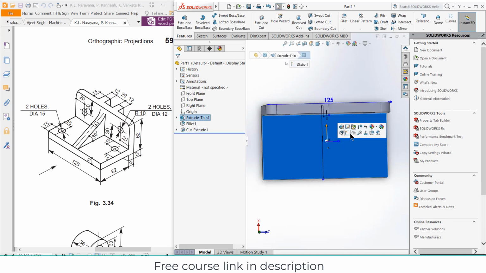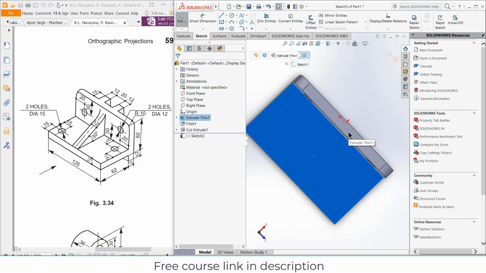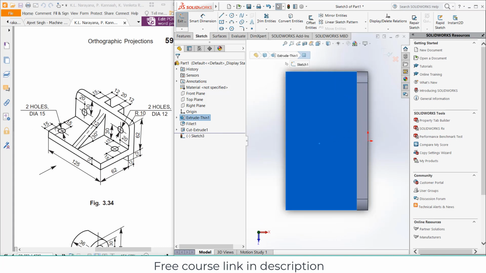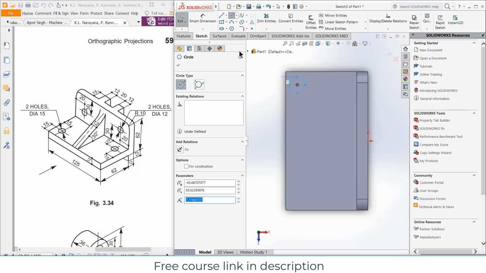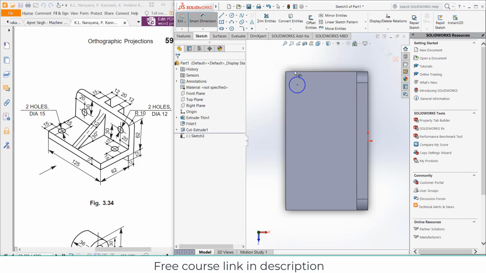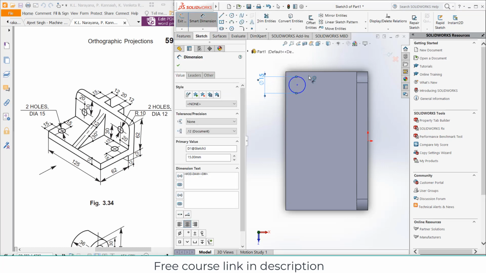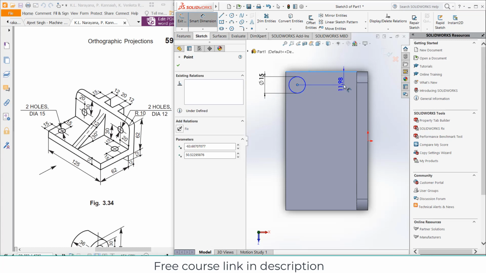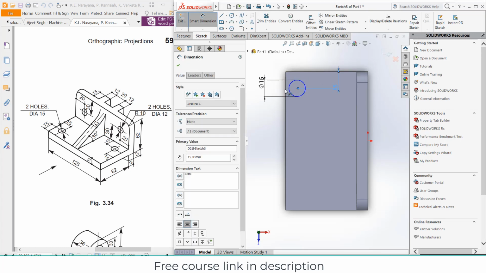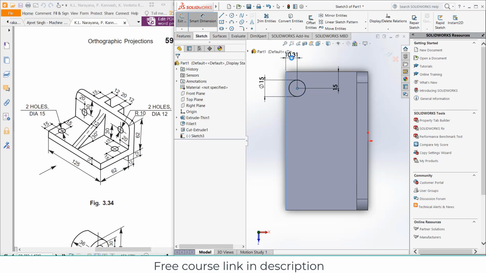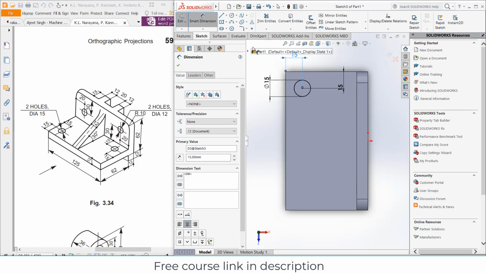Now select this face, click on sketch, press Ctrl plus 8 for normal to the view. I need to create this, so draw a circle, 15 mm, 15, 15.